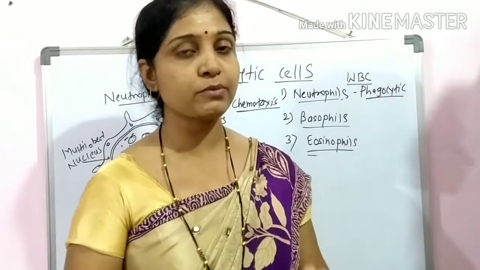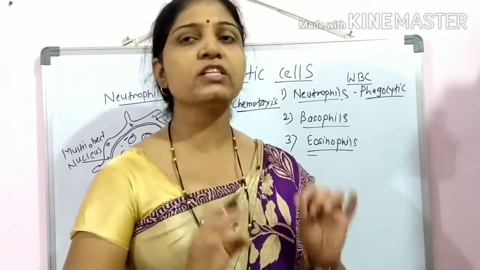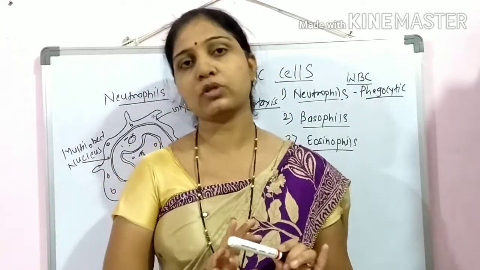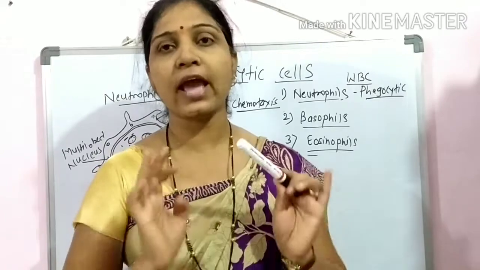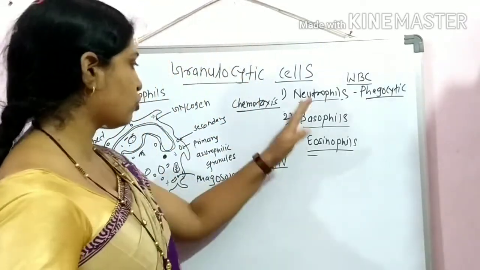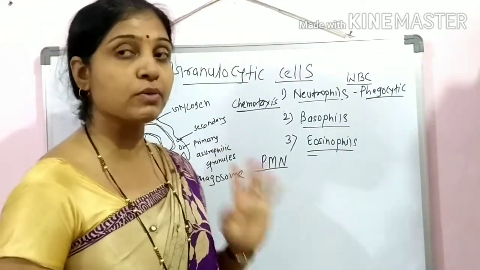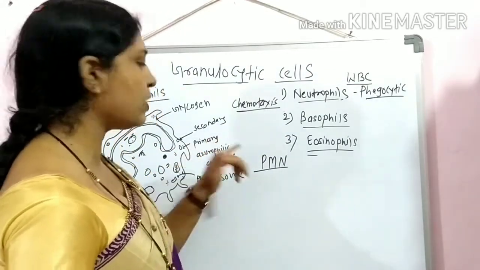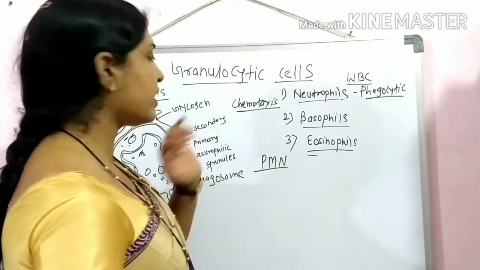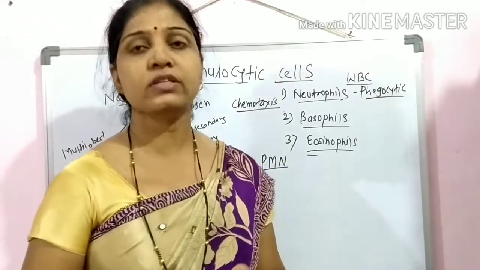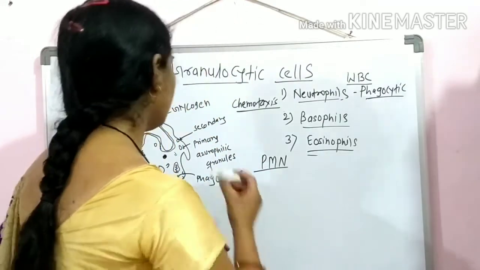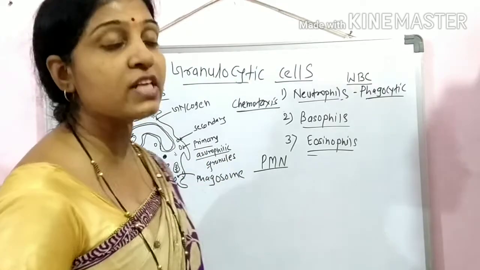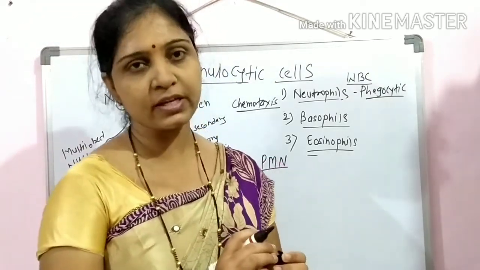All three types of these cells are rich in cytoplasmic granules, and these cytoplasmic granules are pharmacologically active. In neutrophils, two different types of granules are observed: the primary larger granules, that is the primary azurophilic granules, and the smaller secondary granules. The most important component within the primary granules is present preferentially within them.